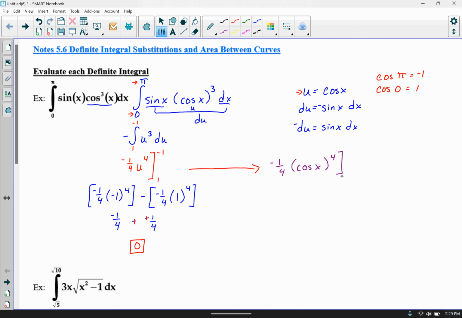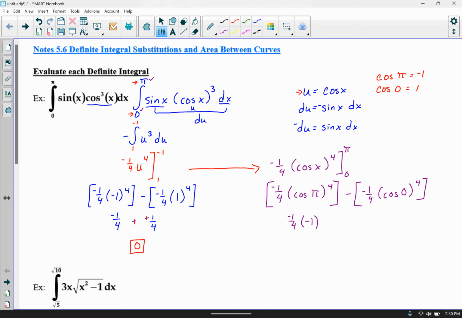And then you would evaluate it with your given limits of integration, so 0 to pi. You're going to see, though, you're going to land in the exact same spot. So you have negative 1/4 cosine of your upper bound, pi, raised to the 4th power. So I plugged in my upper bound, minus, plug in my lower bound, negative 1/4 cosine of 0 raised to the 4th power. All right, so hopefully you can already see, hey, I'm landing in the same spot here, right? Because cosine of pi,